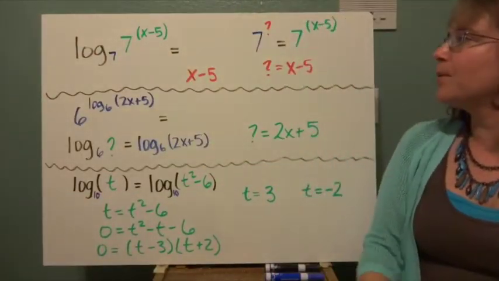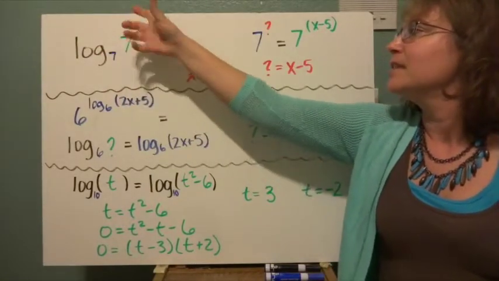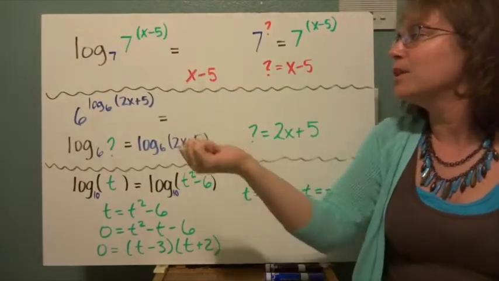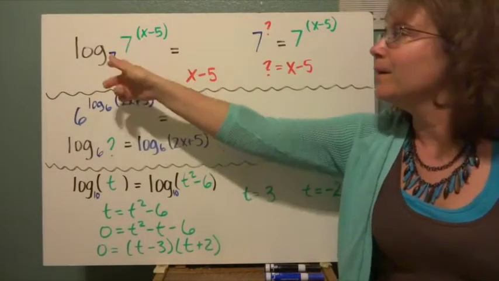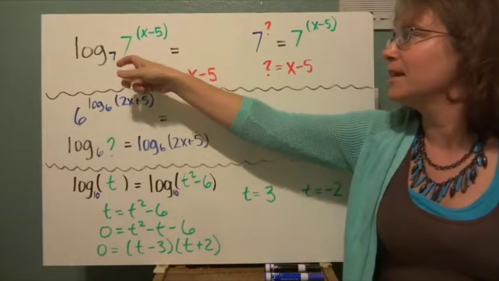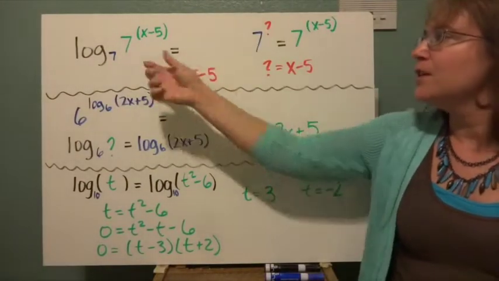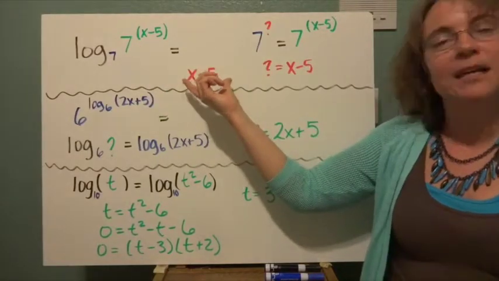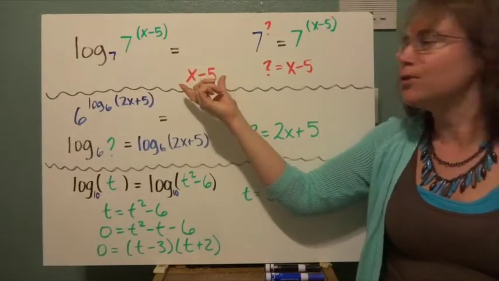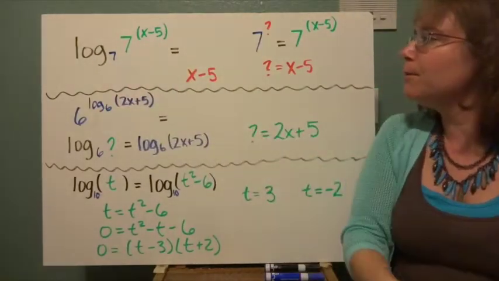So here I have a couple more examples. This one, log base 7 of 7 to the x minus 5. So here, if you remember, I'm taking a log with a base to this same thing. So I'm taking that to a power. It's undoing itself. So I know it's going to be x minus 5 from what we learned before, but let's go ahead and look at this. Let's say we didn't know. If we rewrite this